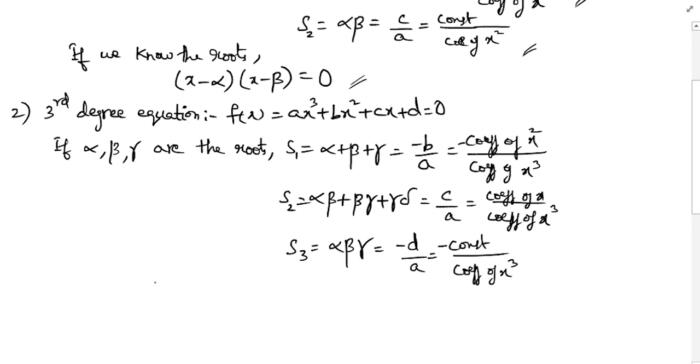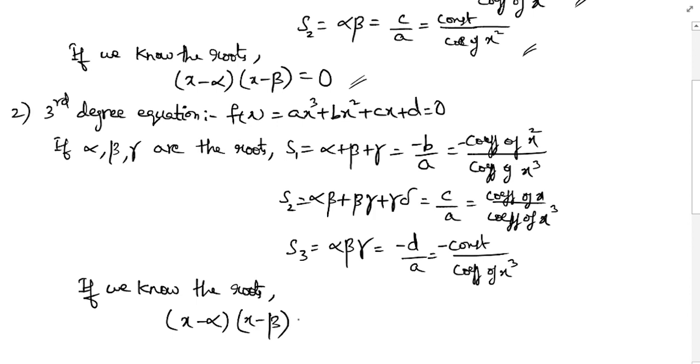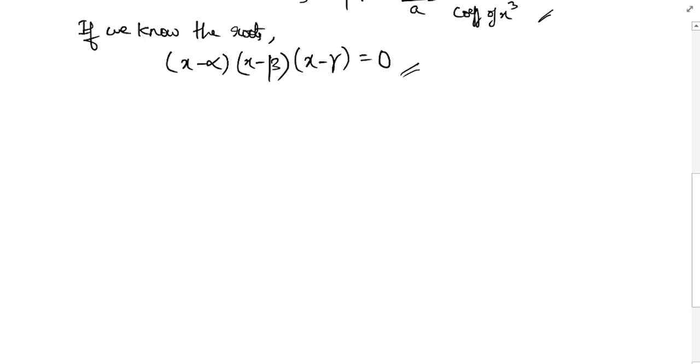Okay, so now if we know the roots here, then we can write the equation as x minus alpha into x minus beta into x minus gamma is equal to 0. So why do we do this in the problems? Because if we know the roots, then to find the value of x, we write the equation in this form. Okay. Now we'll move on to the